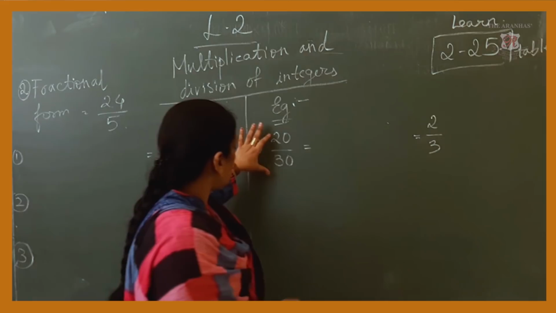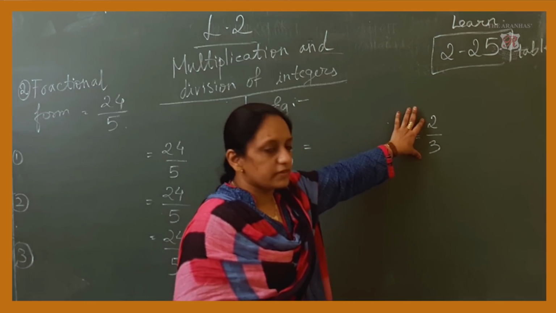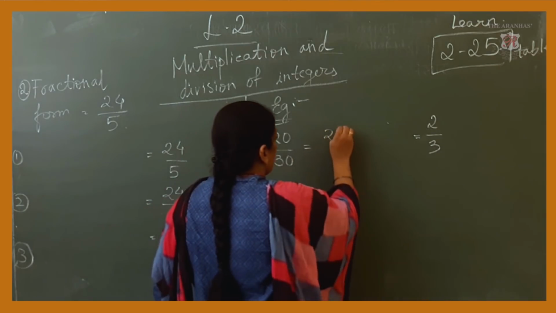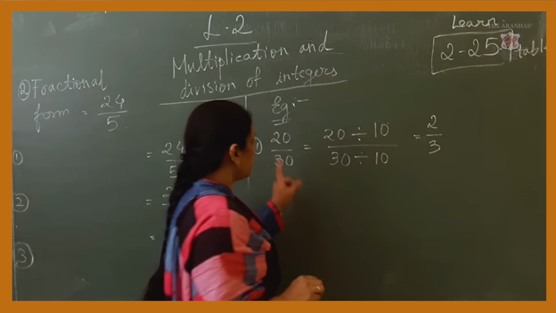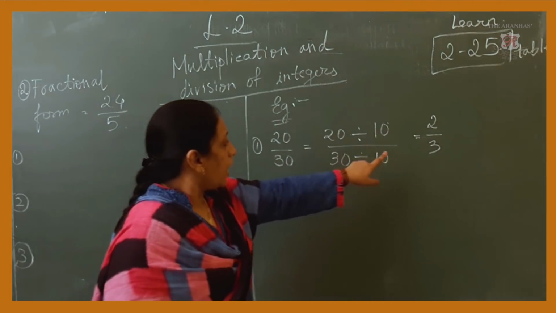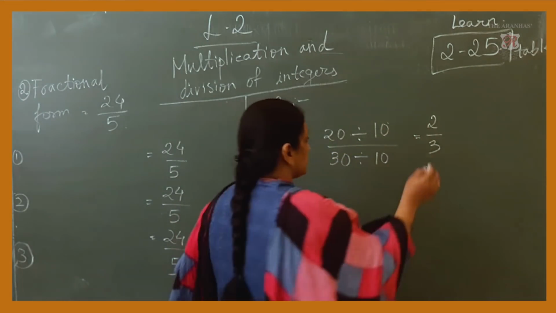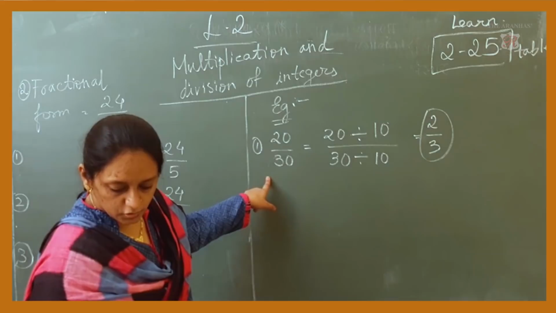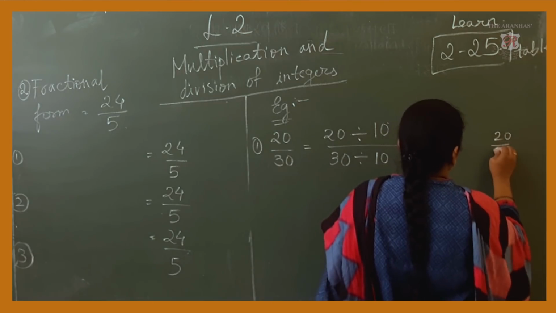So what I should do is take 2 numbers, numerator and denominator, such that when we go on dividing, at last we get the answer 2 upon 3. If I have taken 20 upon 30, and I divide them by the same number, 10 twos are 20 and 10 threes are 30. After taking 20 upon 30 and dividing it, did I get the answer 2 upon 3? Yes. So the first division of integers is 20 upon 30.